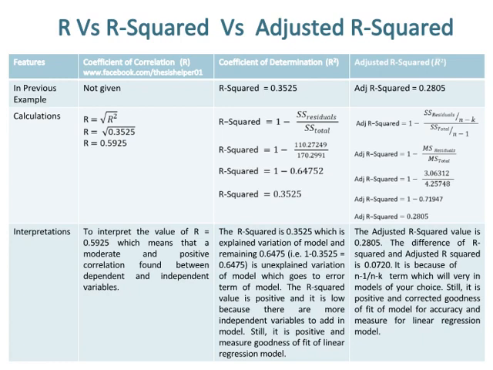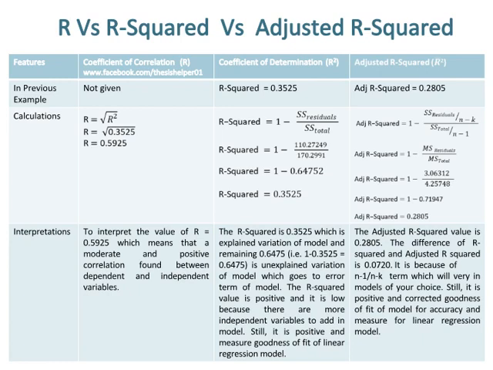0.5925. By putting in the values of SS residual and SS total, we get an R squared value of 0.3525. By putting in the values of MS residual and MS total, we get an adjusted R squared value equal to 0.2805. To interpret, the value of R is equal to 0.5925, which means that a moderate and positive correlation is found between dependent and independent variables, while the R squared is